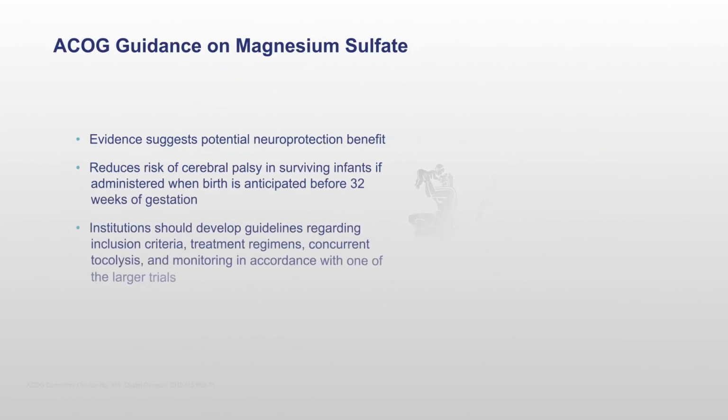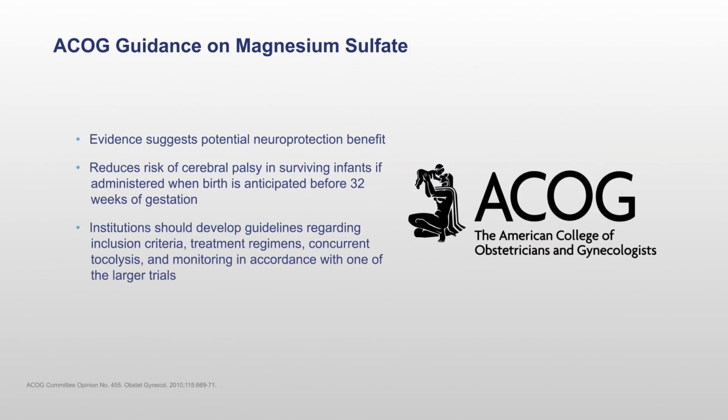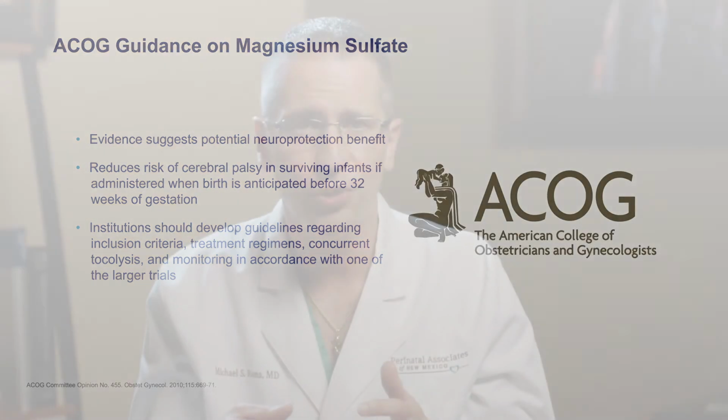ACOG also wants us to make sure that we administer magnesium sulfate, and evidence supports from a variety of studies that magnesium sulfate protects the fetal brain. Ideally, this medication should be administered to all patients with symptoms of preterm labor where delivery is anticipated less than 32 weeks. In studies, it's most beneficial to fetuses less than 28 weeks, but this is an incredibly important medication,